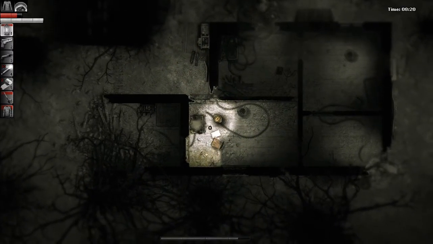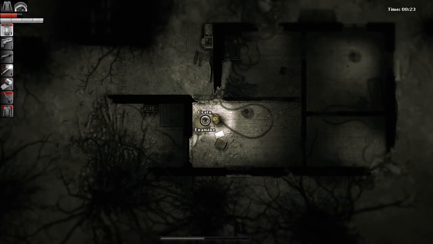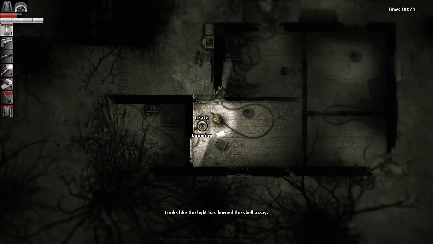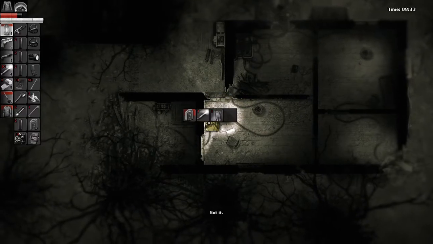Oop, hello. So, that is some black goo. You can see it's life draining. You have to have a light source with you. I don't know if certain types of light sources do more or less, but if you don't, it looks like the light has burned the shell away. Okay, can I search the crate? Thank you. Yeah, if you don't have that...